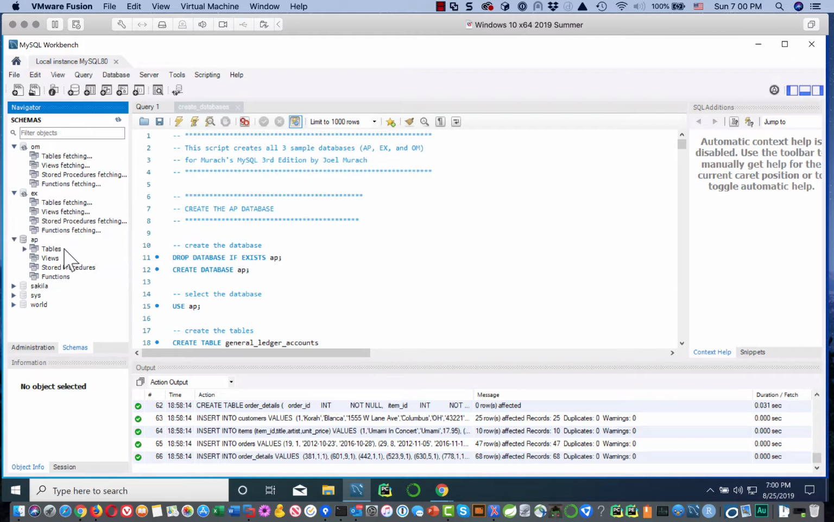Okay, and we can see with AP that it has a list of the tables. So let's take a look at the tables. These are the tables in the AP database. AP stands for accounts payable. The AP database is the primary database that's used in the examples that are in the text. And let's